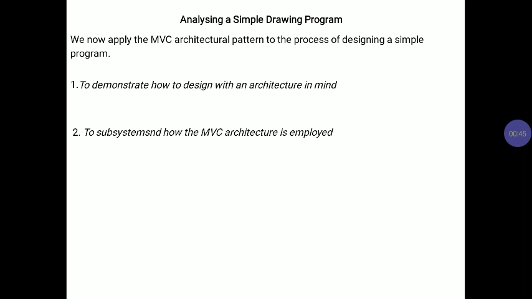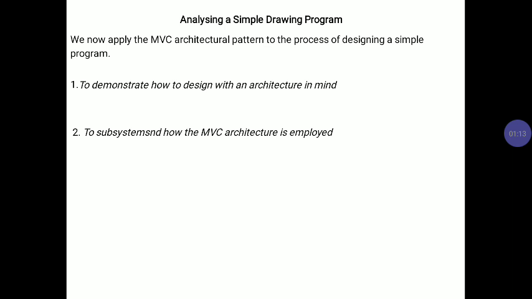Designing with an architecture in mind requires that we start with a high level decomposition of responsibilities across the subsystems. The subsystems are specified by the architecture. The designer gets to decide which classes to create for each subsystem, but the responsibilities associated with these classes must be consistent with the purpose of the subsystem.